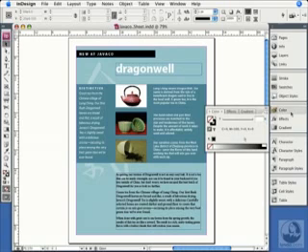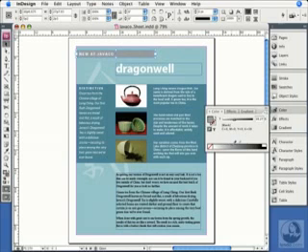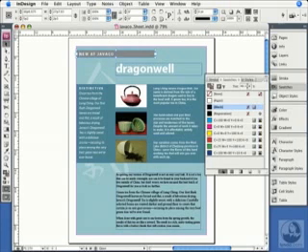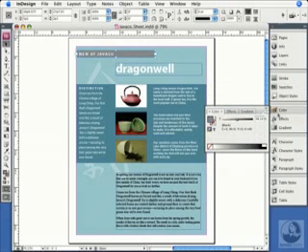Colors panel. The first thing you need to know about the Colors panel is that there are several different modes built in here. If I choose an object that has a swatch applied to it, I get a tint ramp automatically down here at the bottom, and I can actually click anywhere on here and it applies a tint to it. This is the same thing as choosing a tint from the Swatches panel. I'll go back to the Colors panel now and show you the other modes.